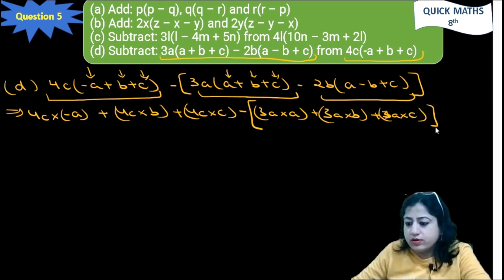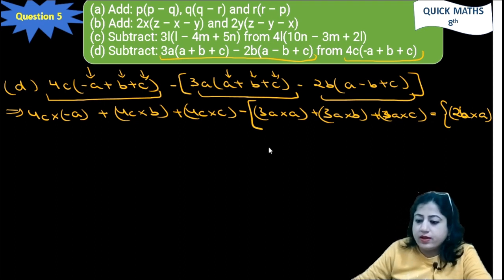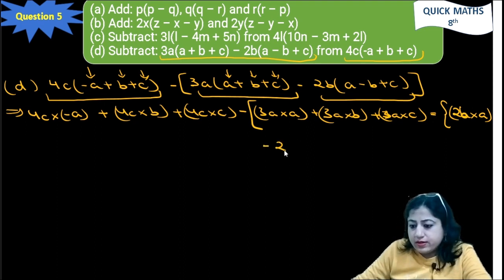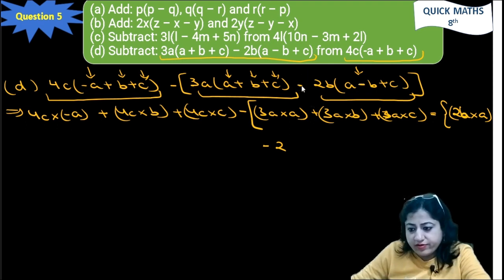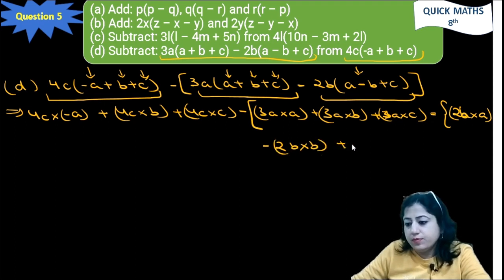Now it is not a bracket here, minus, it is a small bracket we can apply, 2b multiplied with a, and in this minus, I am considering just the in-between sign of the bracket. I am not considering this one. 2b multiplied with b plus